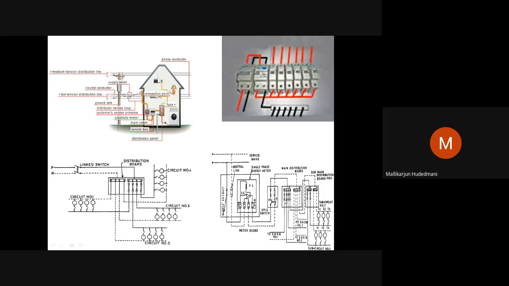Circuit for the ground floor, circuit for the first floor, or maybe the kitchen, maybe the utility, like that. The branching should occur because we receive one line and one neutral as the main input to the house. There are so many branchings to be done. After the meter, branching takes place in the distribution board.